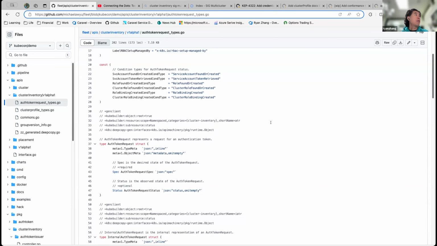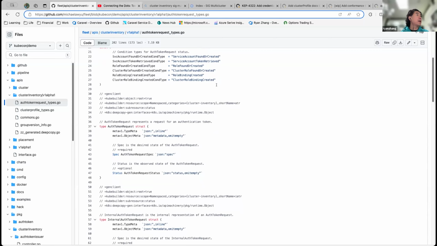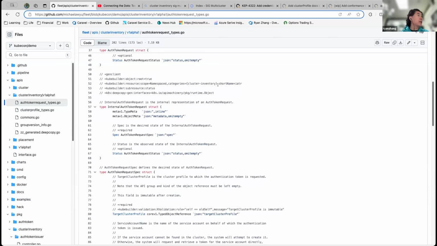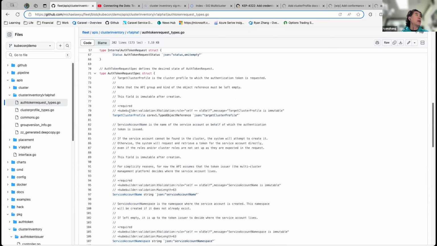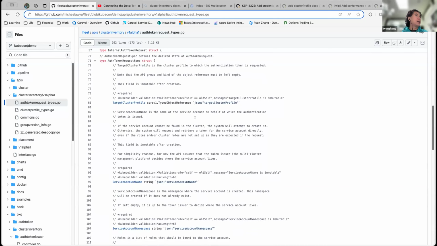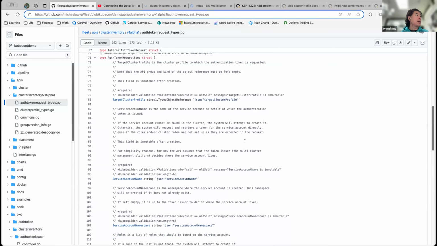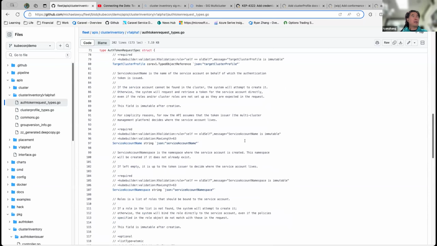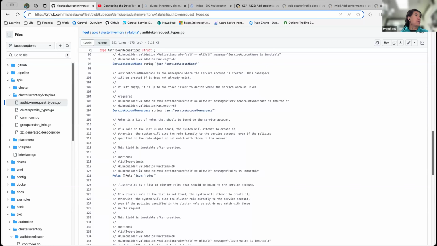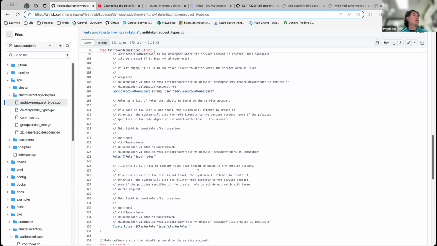In the spec, you can see that the auth token request tells you which cluster profile it targets, and we just use a service account name and service account. Basically, we create a service account in the member cluster, or whatever you call it, leaf cluster, workload cluster. We also allow users to specify what kind of role binding cluster roles they want. So this is the auth token request part. If a user on the hub cluster side issues this API, we are going to create